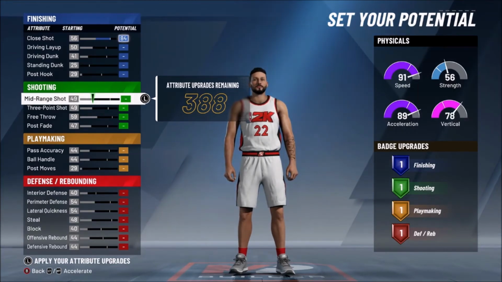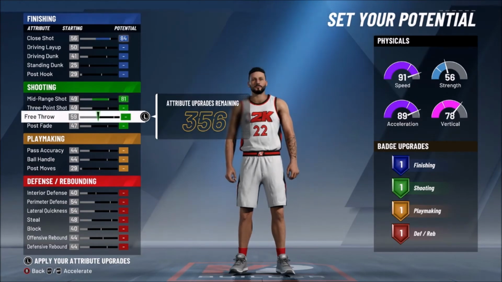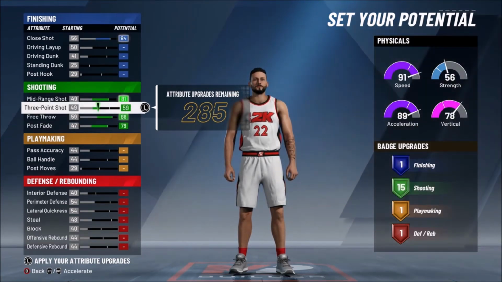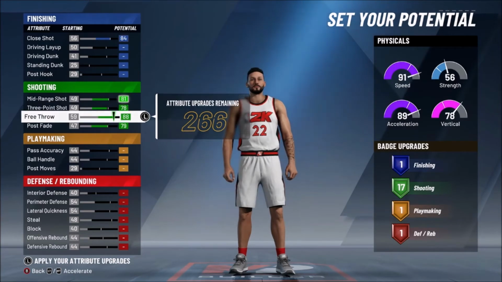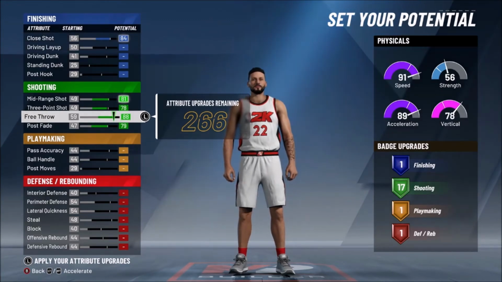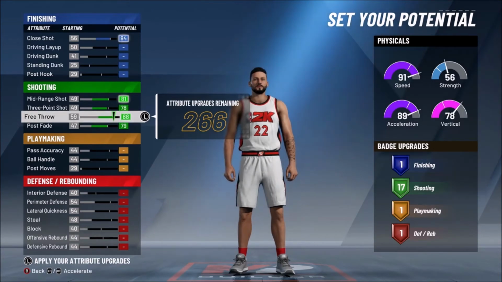But in here, we're going to be maxing mid-range, free throw, and post fade. And our three-pointer is only going to go to a 78. I bet you are wondering, Snoops, why is that? Well, here's the reason why. If you have a 79 and I make my wingspan a certain way how I want to make it on this build, especially with the way that I'm making it,